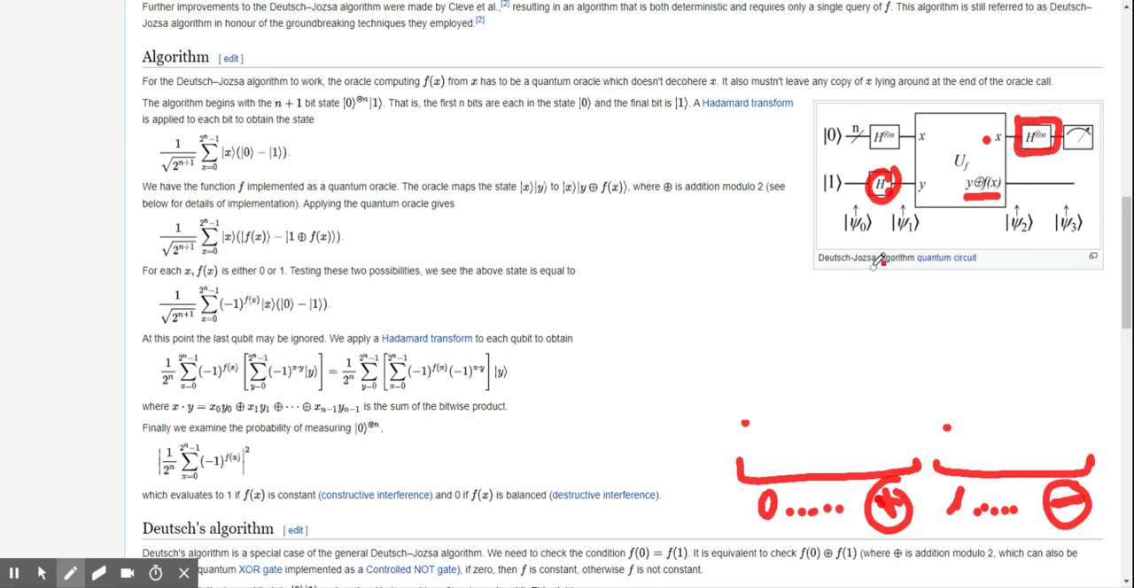Maybe I'm not interpreting that correctly. Oh no, that's addition, not product. Look, that's what I was missing. Okay, this is addition modulo 2. Okay, so this is like addition. Now it makes more sense, because this means if it's balanced, right, it's going to output 0, 0, and 1 half the time. This means that